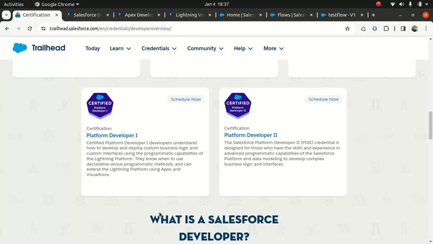You'll be surprised to know, I've seen a lot of people taking Platform Developer One and struggling to write a simple line of code, right? That's why I find it very bizarre when people with no programming experience just take this PD1 and call themselves developers. That's one of the reasons why I really believe that developers from a different technology will add so much value to the Salesforce ecosystem.